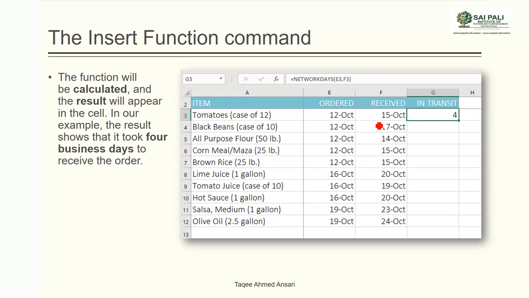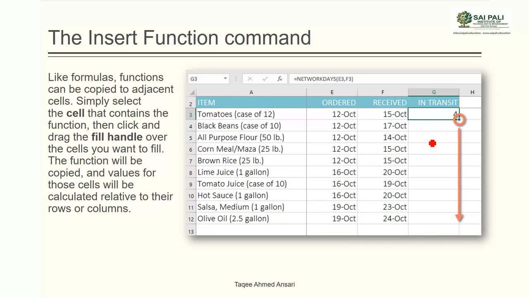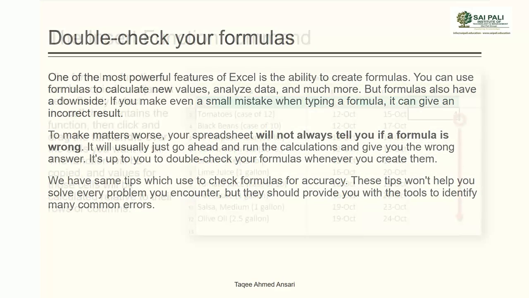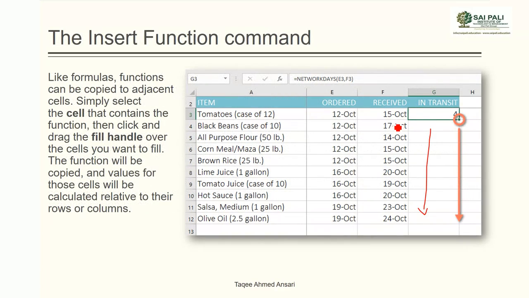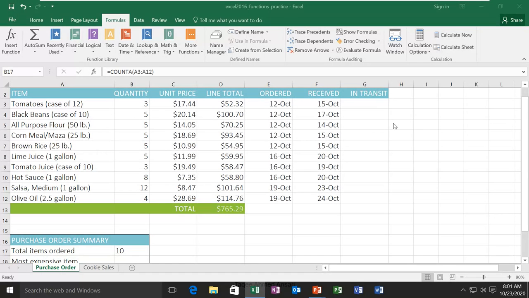And if I want to calculate for all these other dates, I can use the fill handle to copy the function to the other cells, and I will get all the days in between. For example, here I have data and I want to calculate the days from this date to this date.